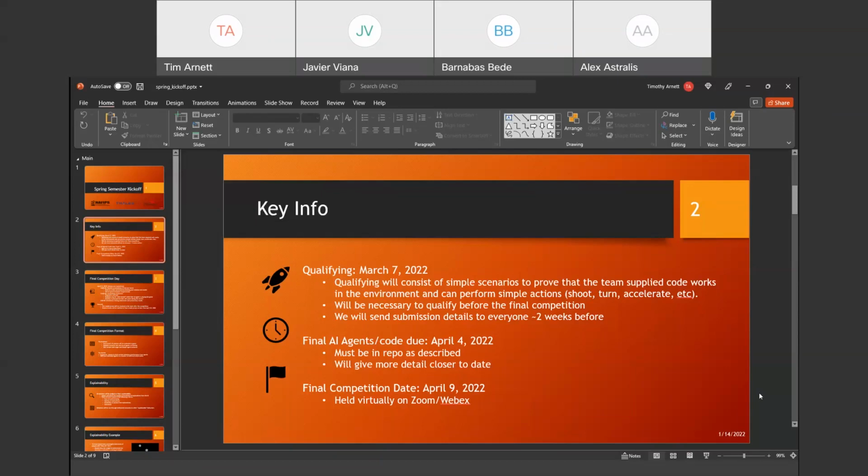Don't worry, we'll send you those standards, and you need to make sure we can access it on that date because that's when we're going to go grab everybody's final version and integrate everything to be ready for the competition. The competition will be the Saturday after that. It's on April 9th. We held it on a Saturday last year just to ensure that most people could come. So that's why we're doing that again this year. If there are issues with that, we can potentially move it, but we will need to set that up soon.